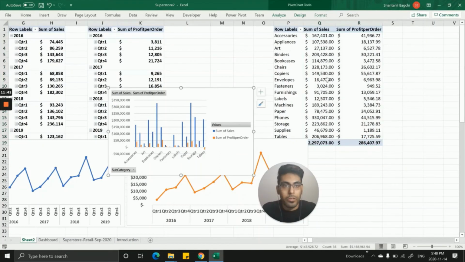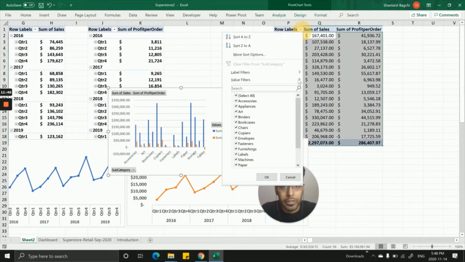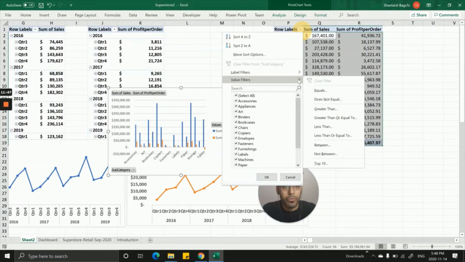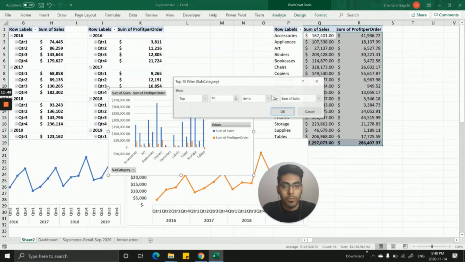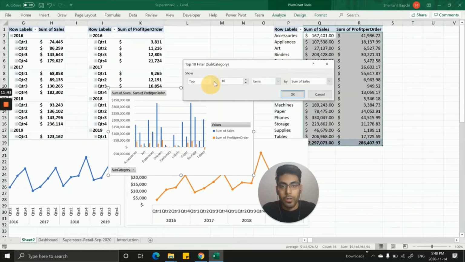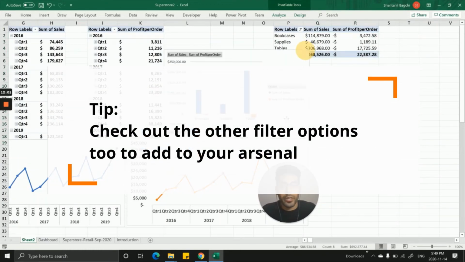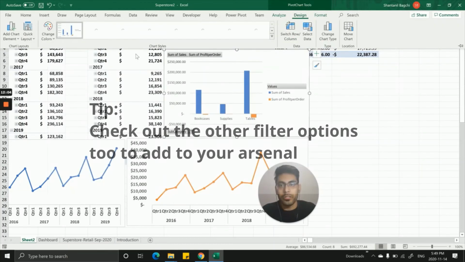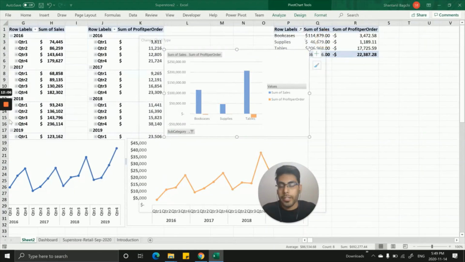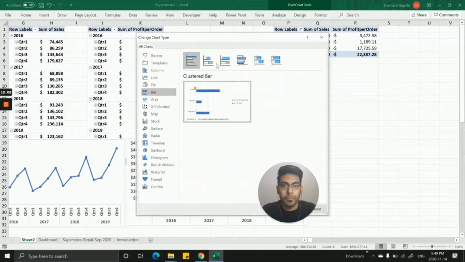Now what I want is to show only the bottom 3 values, for example. So I can click on this. There is a value filter over here where you can choose the top or the bottom items. So I want the bottom items that are not bringing in profit. I can click on the profit and select this to be 3 items. See, this automatically changed into the 3 bottommost items. I want to change the chart type to a bar type, and let's do it clustered.